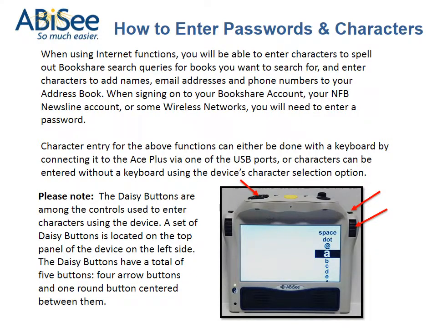How to enter passwords and characters. When using internet functions, you will be able to enter characters to spell out Bookshare search queries for books you want to search for, and enter characters to add names, email addresses and phone numbers to your address book. When signing on to your Bookshare account, your NFB Newsline account, or some wireless networks, you will need to enter